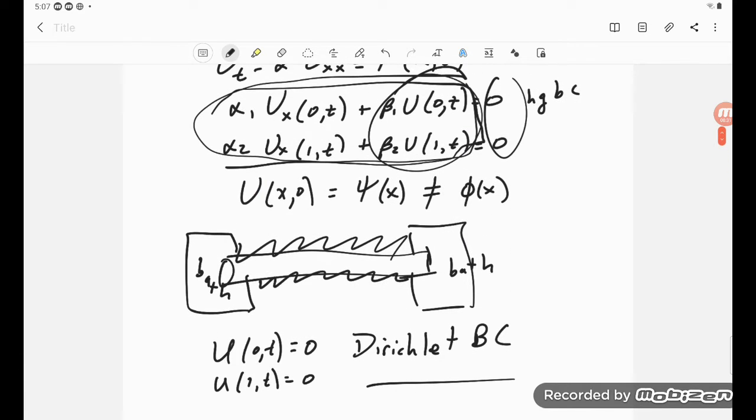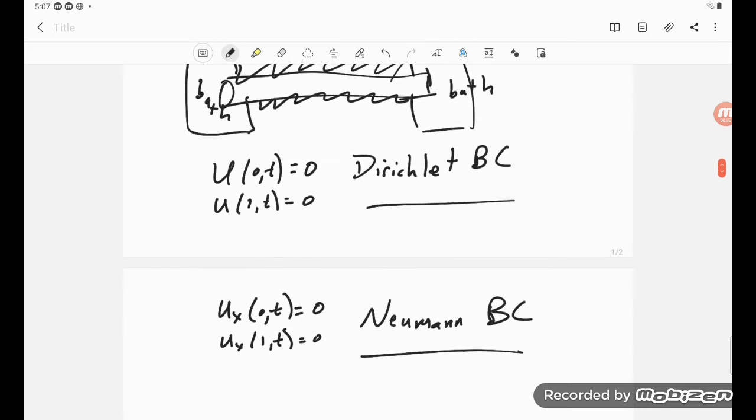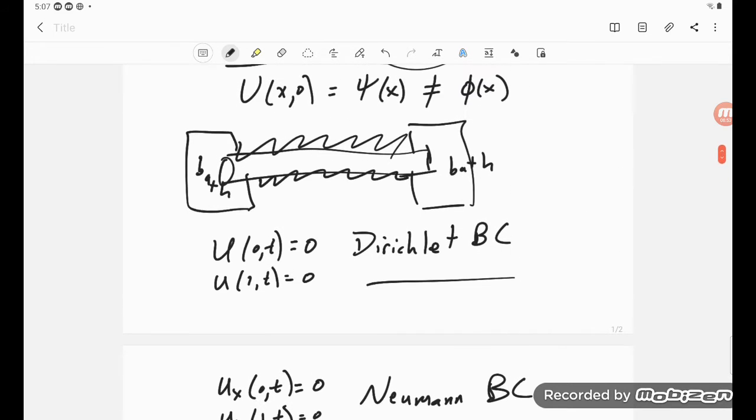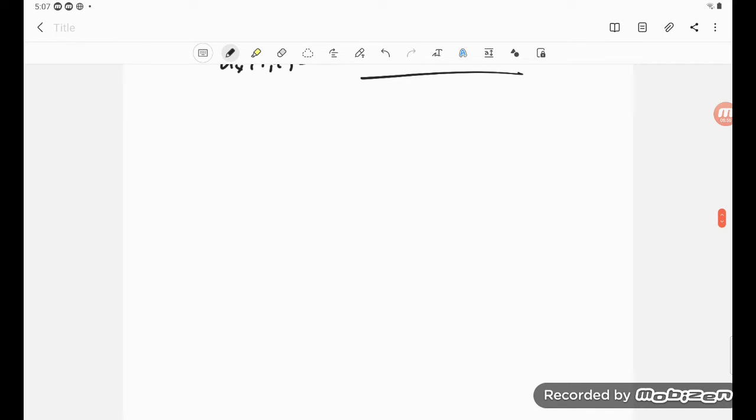Actually in this lesson, that's what they do: at the 0 side, they do a Dirichlet boundary condition, and then at the right-hand side, they do the bath later on in this chapter or this lesson. Okay, so we're looking at that. Now, I guess the simplest place to start